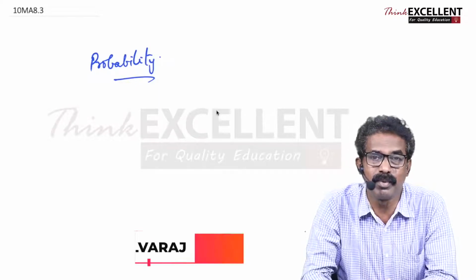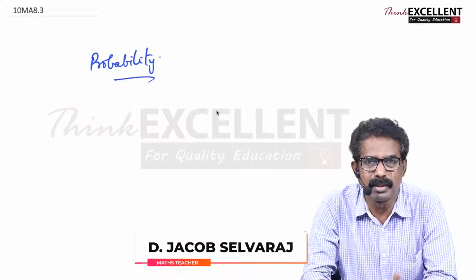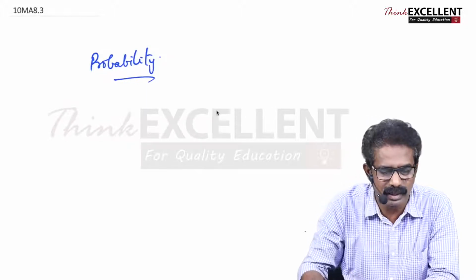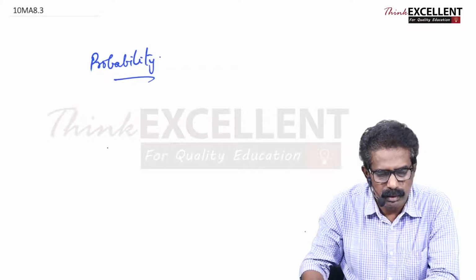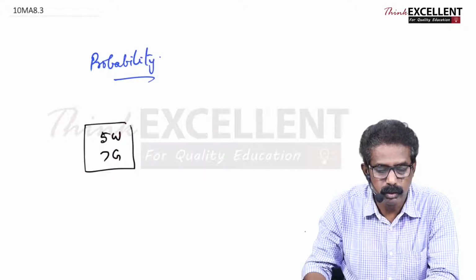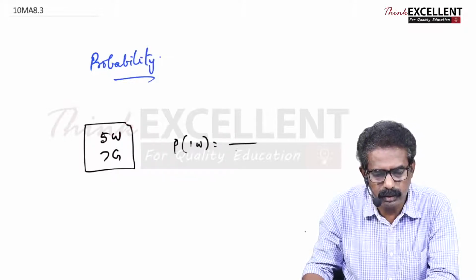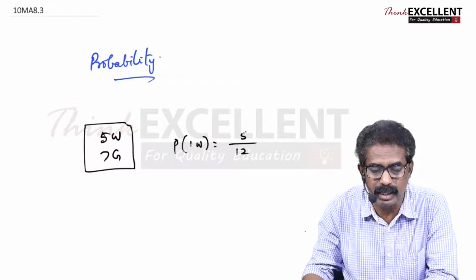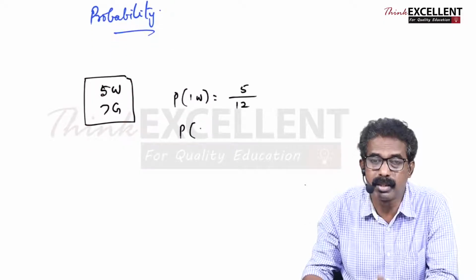In this video we are going to do sums in probability. You know what is probability? Number of favorable cases by total number of observations, right? Suppose a bag contains 5 white, 7 green. Totally there are 12 balls. Suppose the question is probability of getting a white ball. Totally 12, so denominator you write 12. Favorable cases, white balls 5 are there, so your answer is 5 by 12, right? Probability of getting a green ball, it is 7